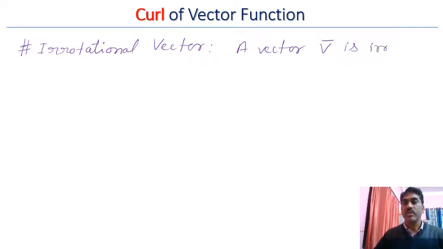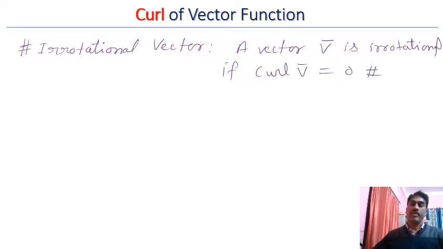Function v is irrotational if curl of v is 0. If curl of a vector is 0, we say that vector is irrotational. And rotational just means that a fluid or a physical particle rotates about its own axis. So we will understand it in a separate lecture, and just here know that if curl is 0, then the vector